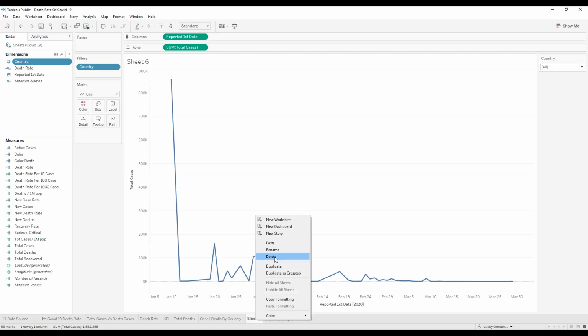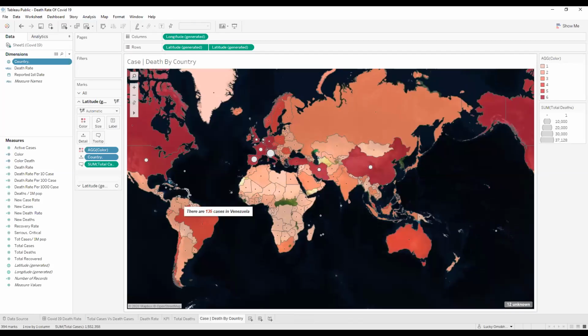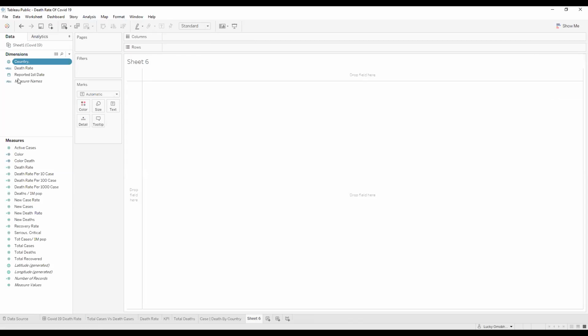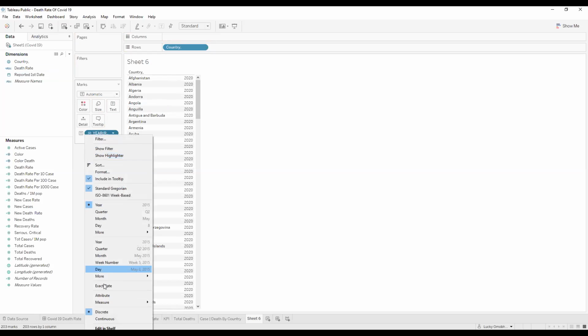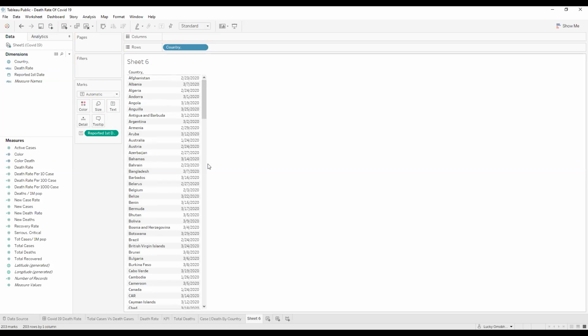Yeah, like we can do that. Countries by the states, by the time dates reported, I think. Yeah, we can do that by just putting the country here and putting first dates reported. Yeah, and just put it here. So we're going to have less changes to exact dates. So we're going to see all this now. We can do it this way. Okay, but this is too